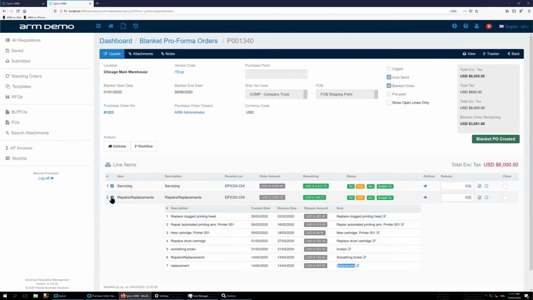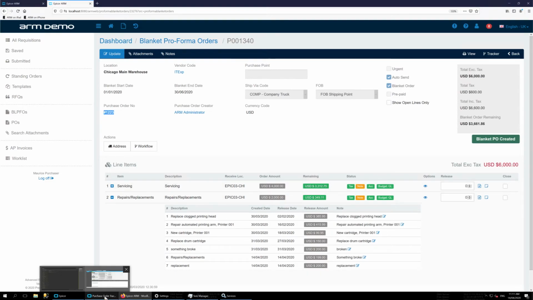All right. So in Epicor, let's see what this looks like now. And one of the good advantages, again, of blanket orders is that all of these releases are coming off the one purchase order. So it's not like we're creating a separate purchase order with a separate purchase order number every single time. That can be a bit of a nightmare for the AP team. So all of these releases are actually being input or populating as receipt lines against purchase order number 1223 in